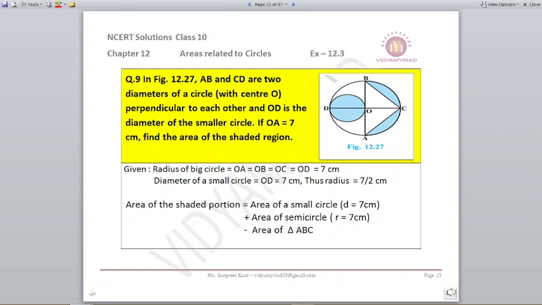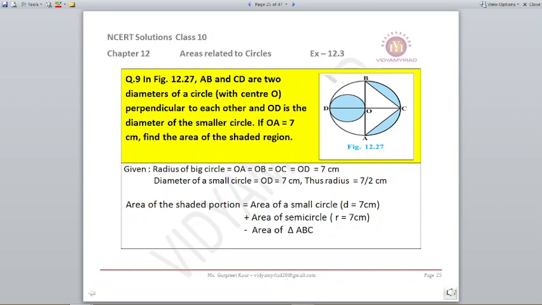We have the area of a semicircle, that is the right hand side, ABC, whose radius will be taken as 7 centimeters. From there we need to subtract the area of triangle ABC. Only then can we get the area of the shaded portion. So what is this shaded portion made up of? You have the circle OD, you will be using that. Number 2, you have the semicircle ACB, that part includes the triangle. So we need to subtract that triangle to get that blue part on the right side.